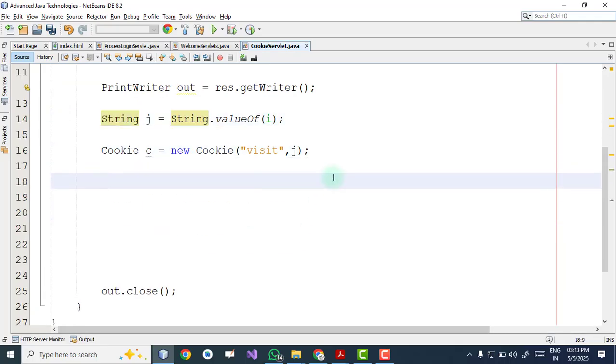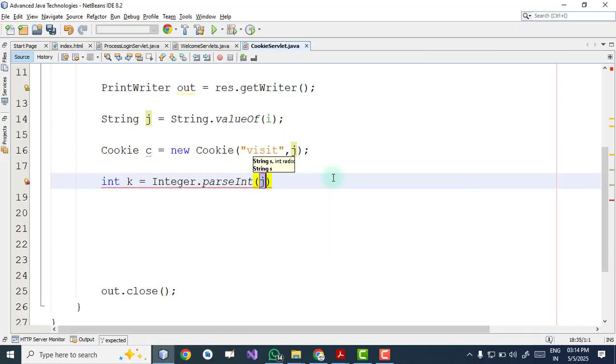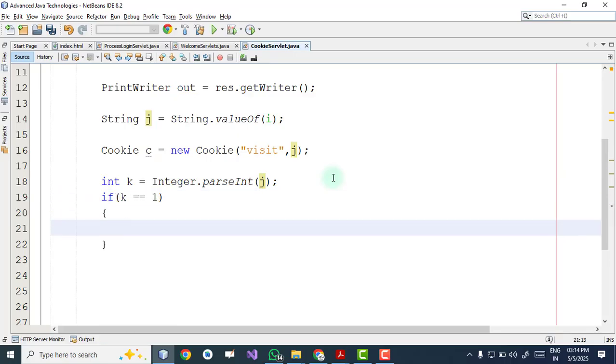Now we declare a variable int k equals, again I convert this value into integer, which is my j. Now we check if k equals 1, what does it mean? We just print you have visited this servlet first time. ये first time visit हुआ है.